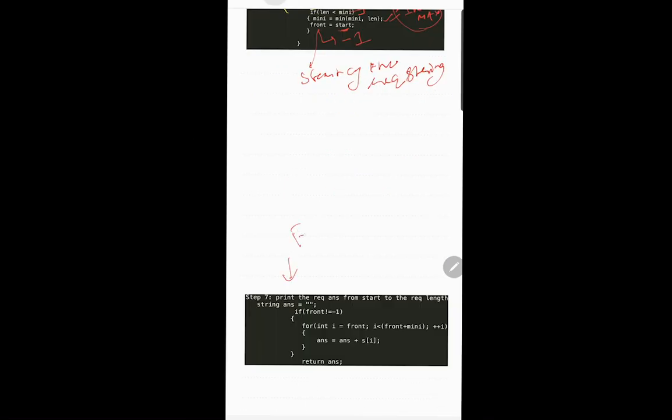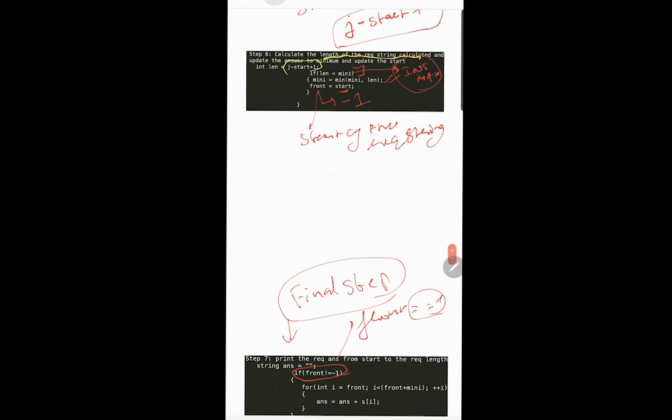So now we come to our final step. This is the final step. What this does is that if front is not equal to -1. If front was -1, what does that mean? That means my front from this step was never updated, right? That means this condition was never satisfied. If this was never satisfied, I never found a pattern.